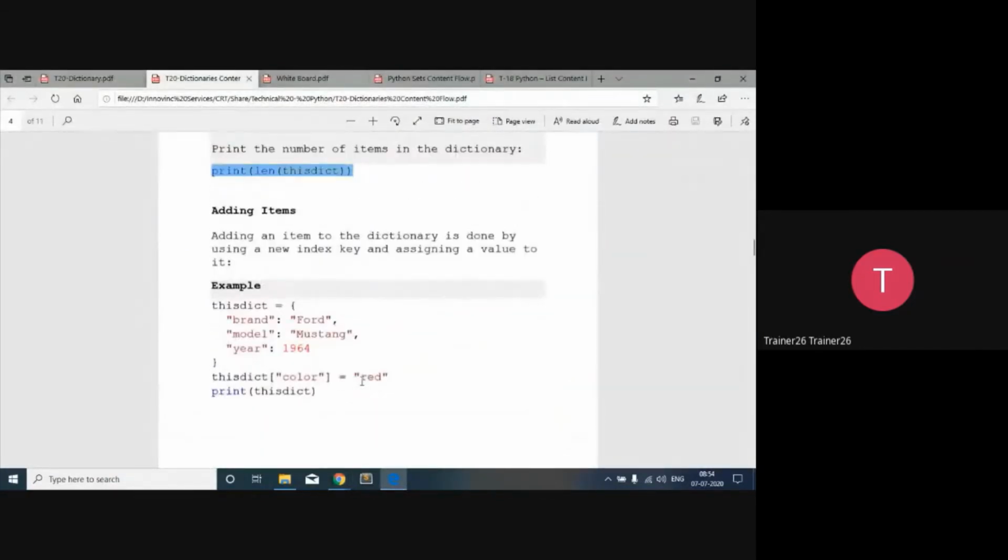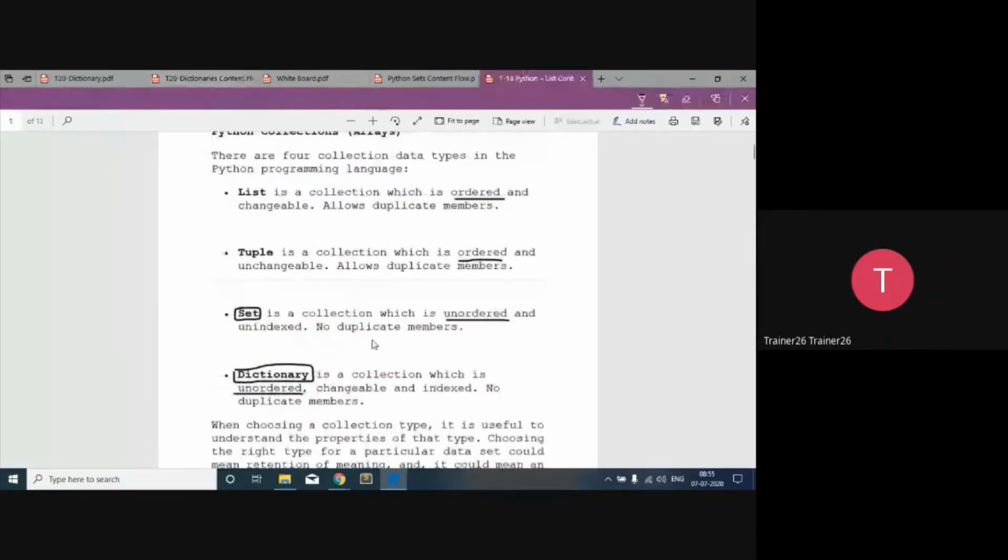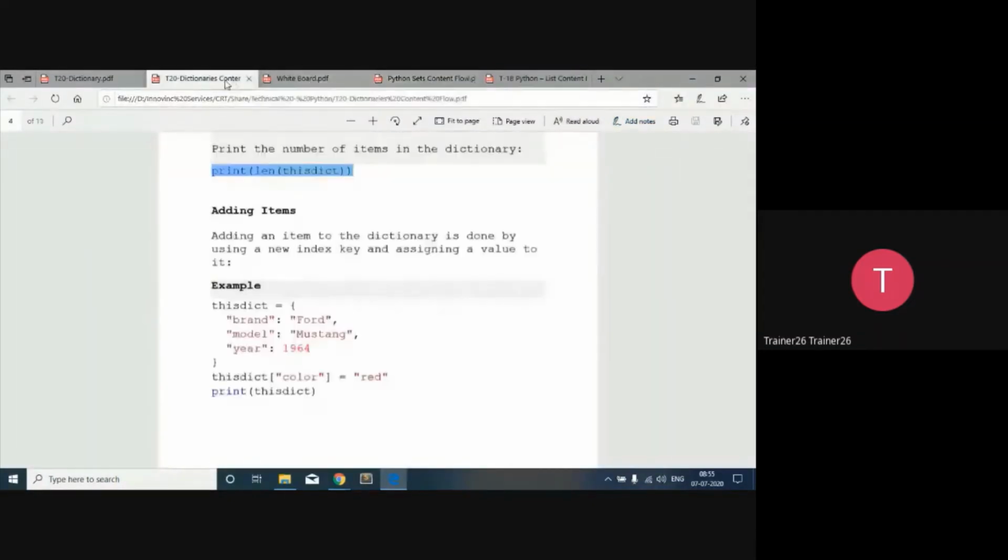Now for an example, if I want to add new keys to a dictionary, the basic fundamental over here is that we cannot have duplicate things. That is the main fundamental. We cannot have duplicates. So no duplicate key is possible over here. It means you cannot give the key 2 times. Only one key is going to exist at one time. So no duplicates are possible. Same with sets, it is not possible.